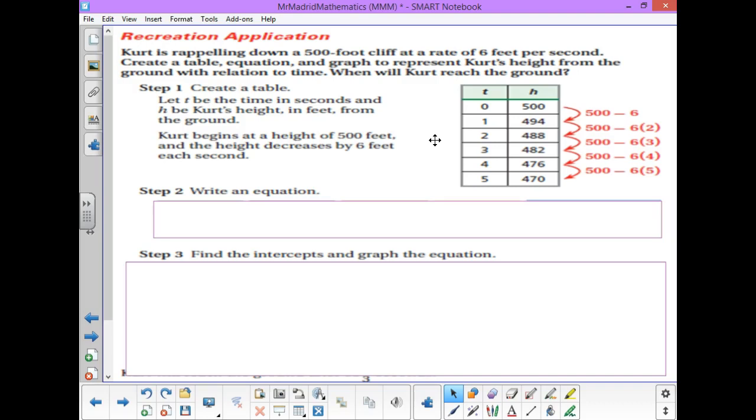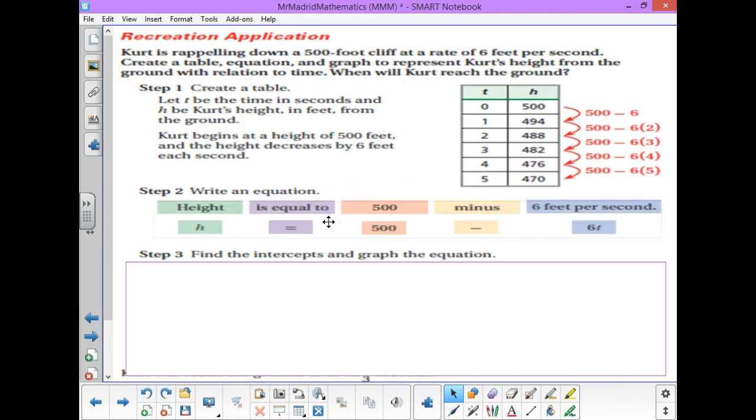Right? The next thing they want us to do is to write an equation. So let's refresh your memory on how to process this. We know that the height is equal to 500, right, at the initial time, minus the 6 feet per second. Okay, we've got the language down from the story. To turn that into algebra, we'd let h equal height, equal to 500 minus 6 feet per second. We can simply multiply 6 times t for representing seconds. Okay, and next,